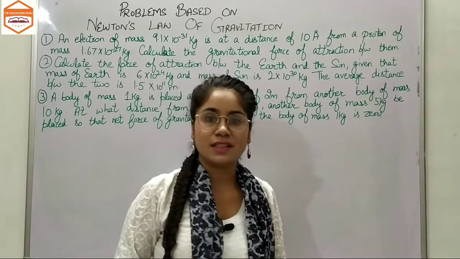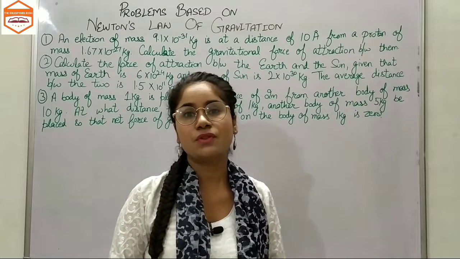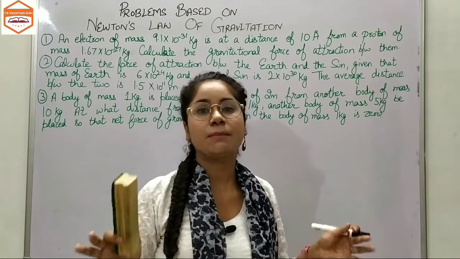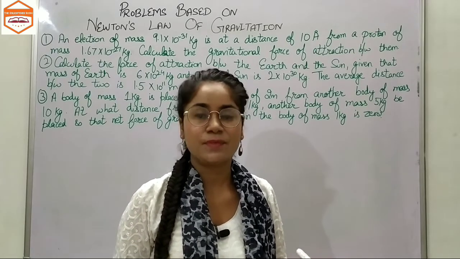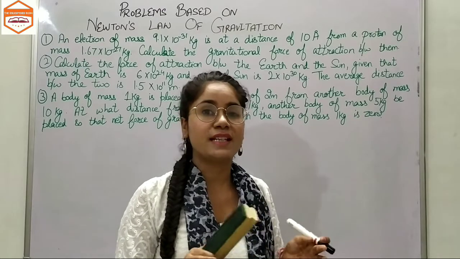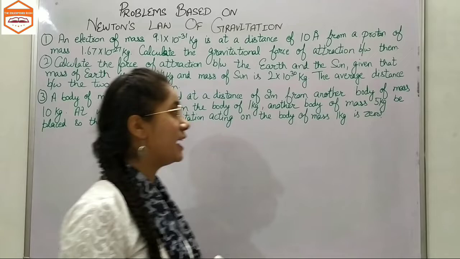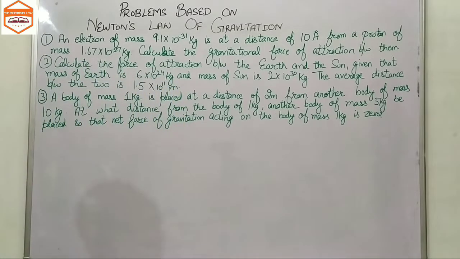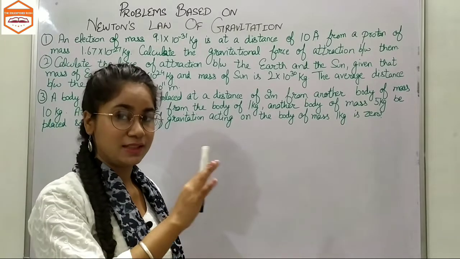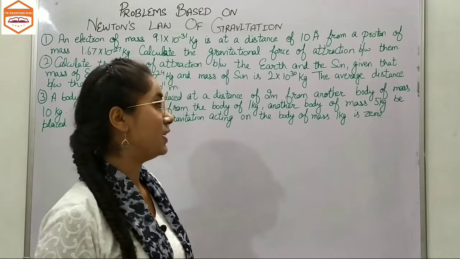Well, in the introduction of this chapter, we had studied that gravitational force of attraction lies not only among big bodies or some two objects. It also lies for fundamental particles, very small particles or very tiny objects, as in the first problem we have been asked. So it is clear that this force also lies between these two kinds of objects. Well, we will refer to them as objects, right?